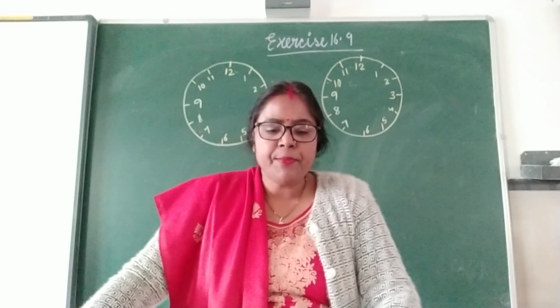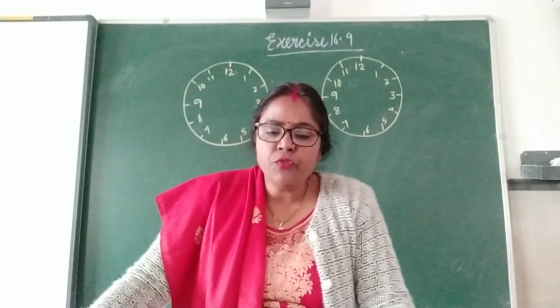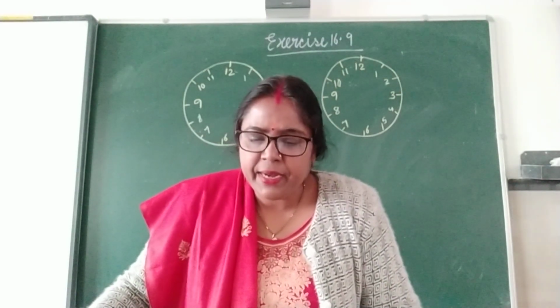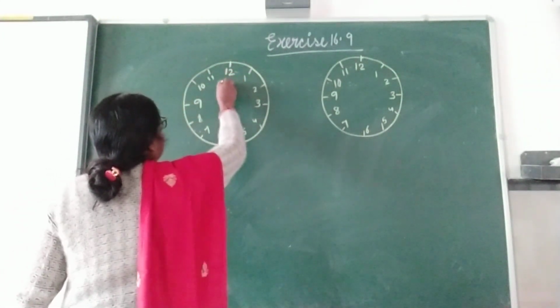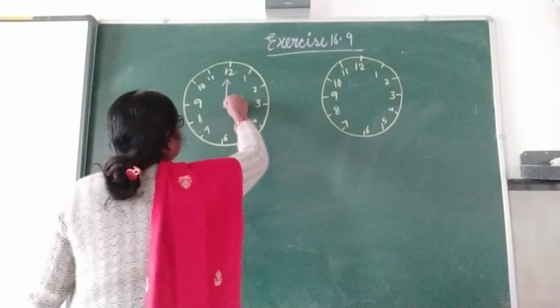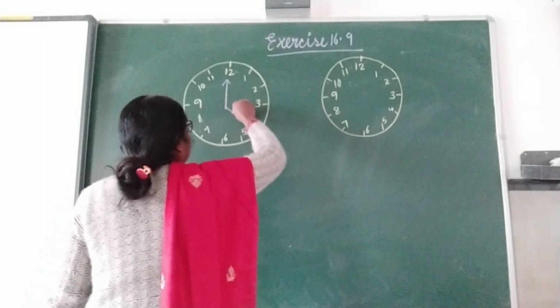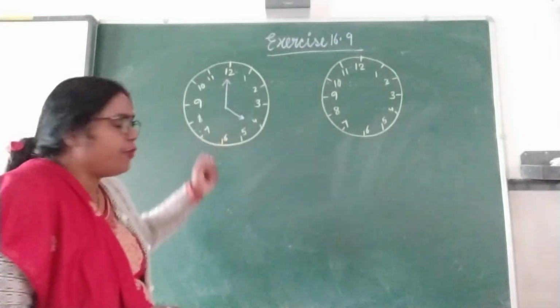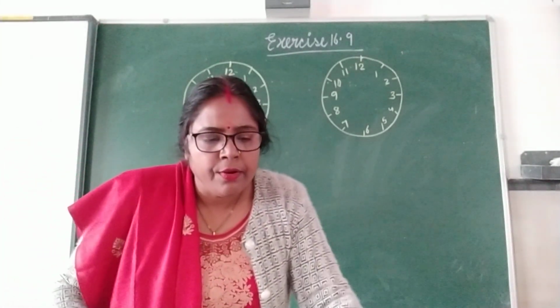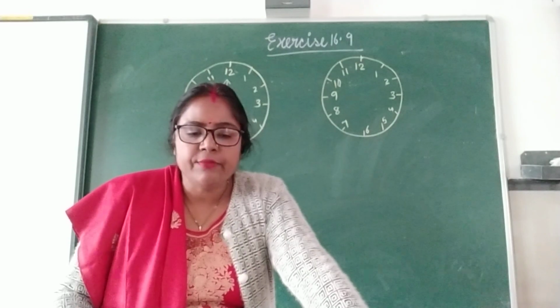I am taking question number 2, the first one. Chintu went to aerobic classes at 4 o'clock. Okay, so first we will make a clock here. It is a mental work, so you need not calculate anything. I will explain how to solve it mentally. So first I made the 4 o'clock because he went to attend aerobic classes at 4 o'clock.